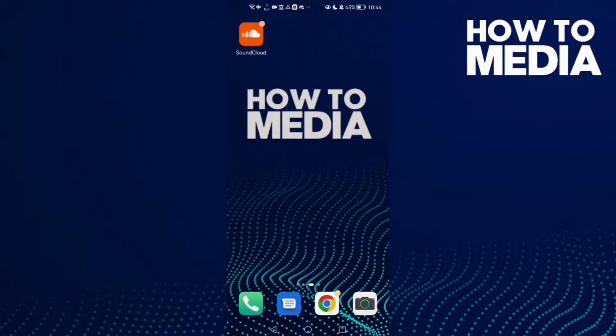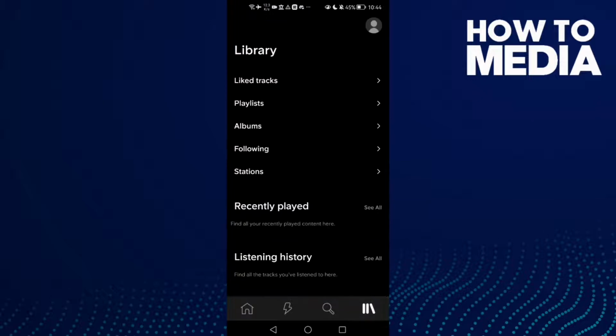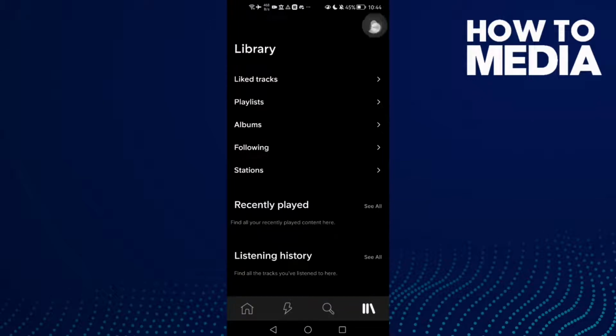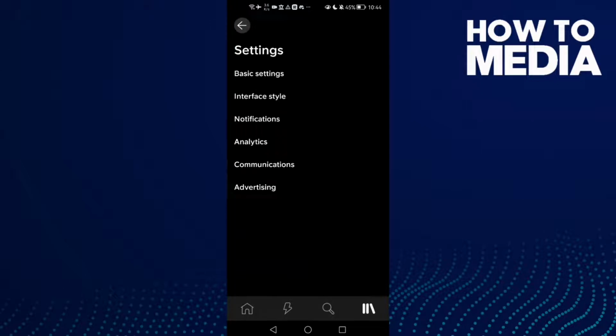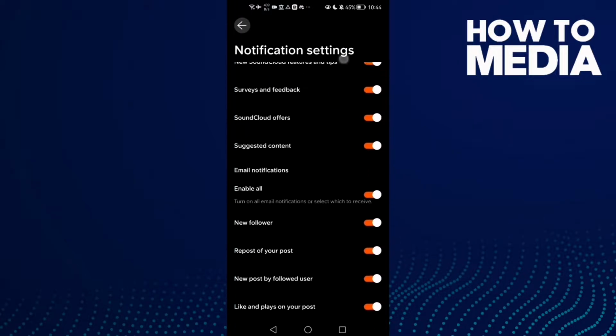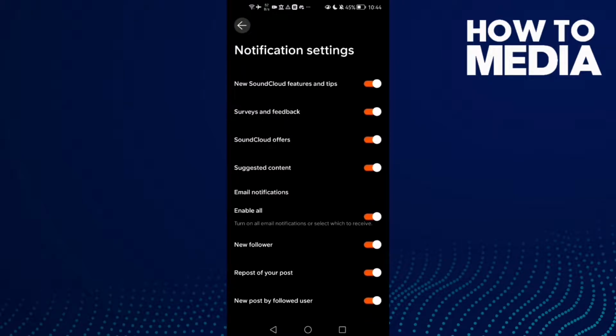First, open SoundCloud and then click library, and now click on your profile in the top corner, and here you will find settings, and then click notifications. Now scroll down until you find SoundCloud offers, and if you want to disable it, all